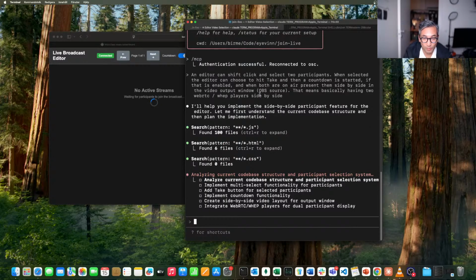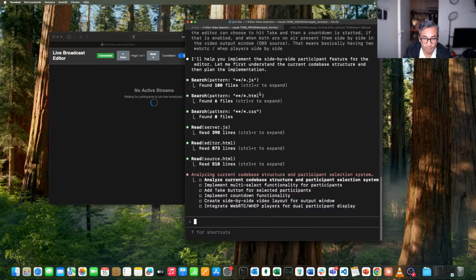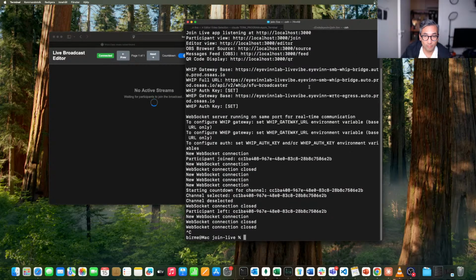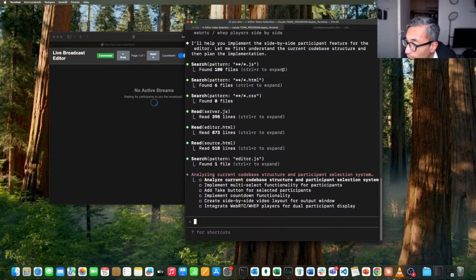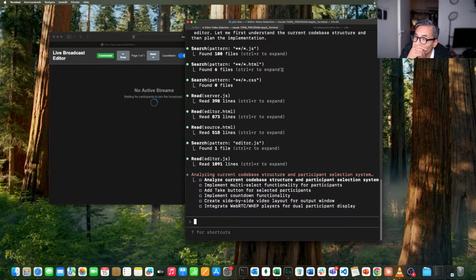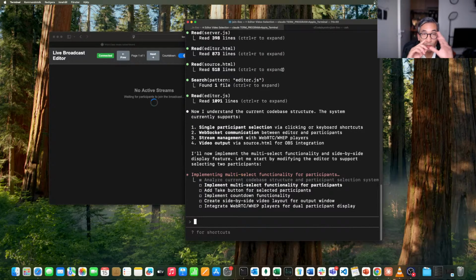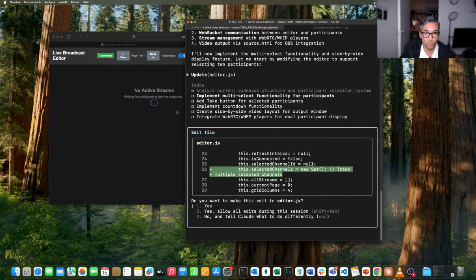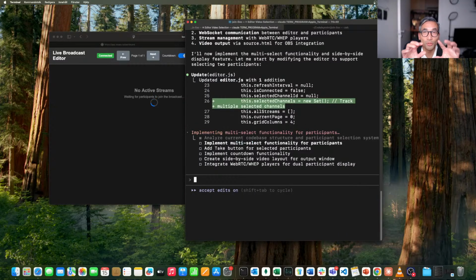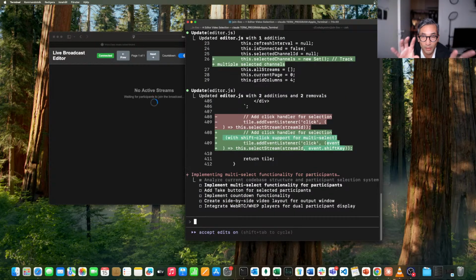Let's see if I can remember what it did. It basically uses WebSockets to communicate between those different pages. So this is how I'm thinking that we will have it. Basically, we will have two side by side, which will be two web players of those participants